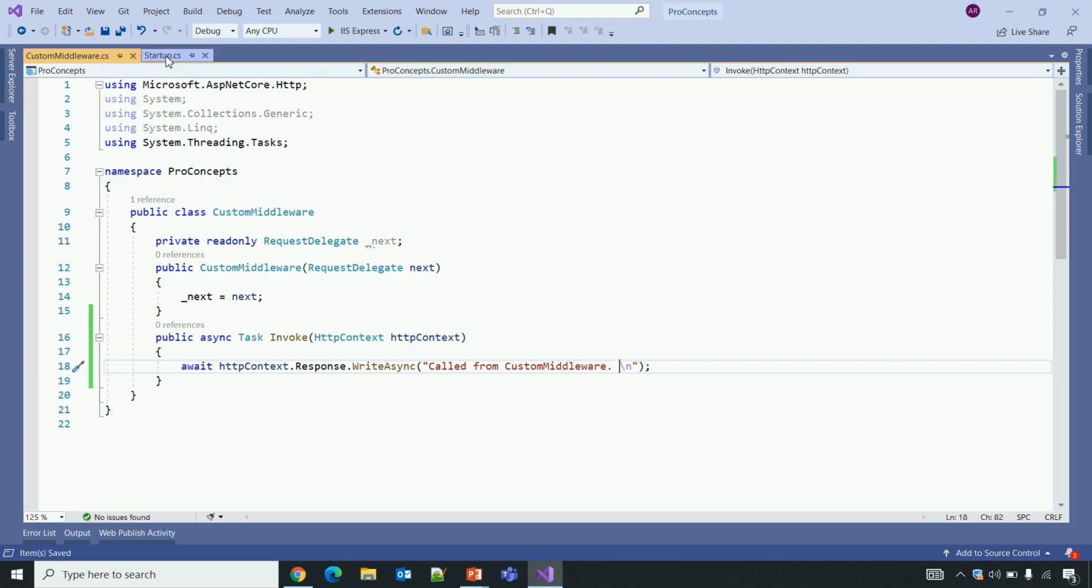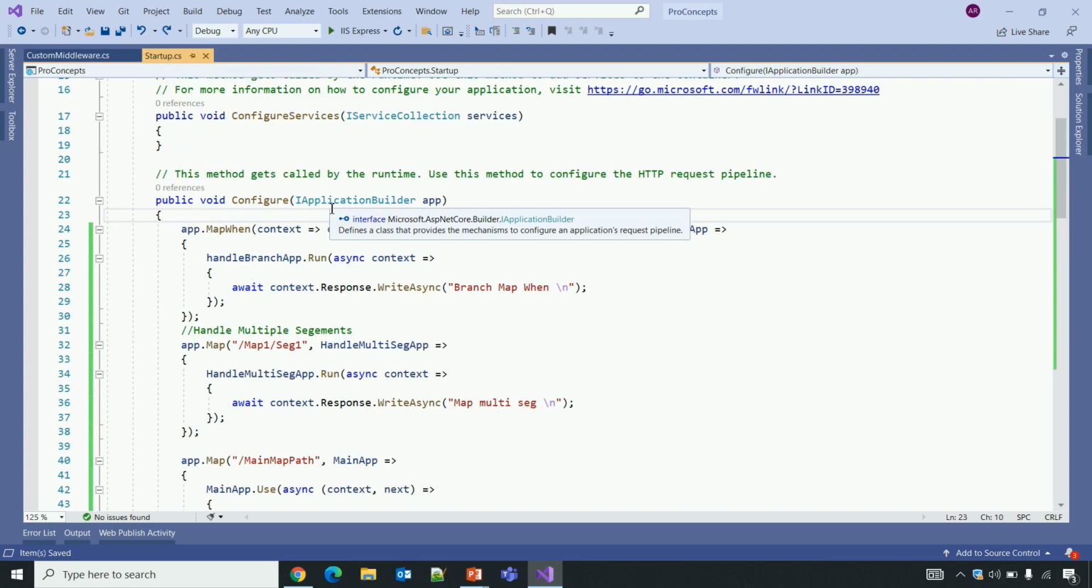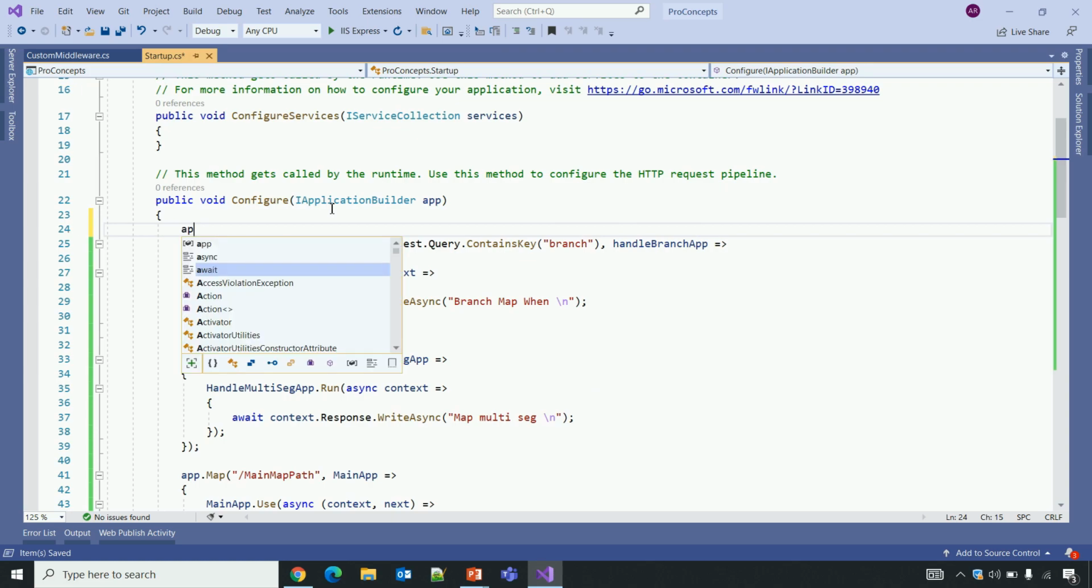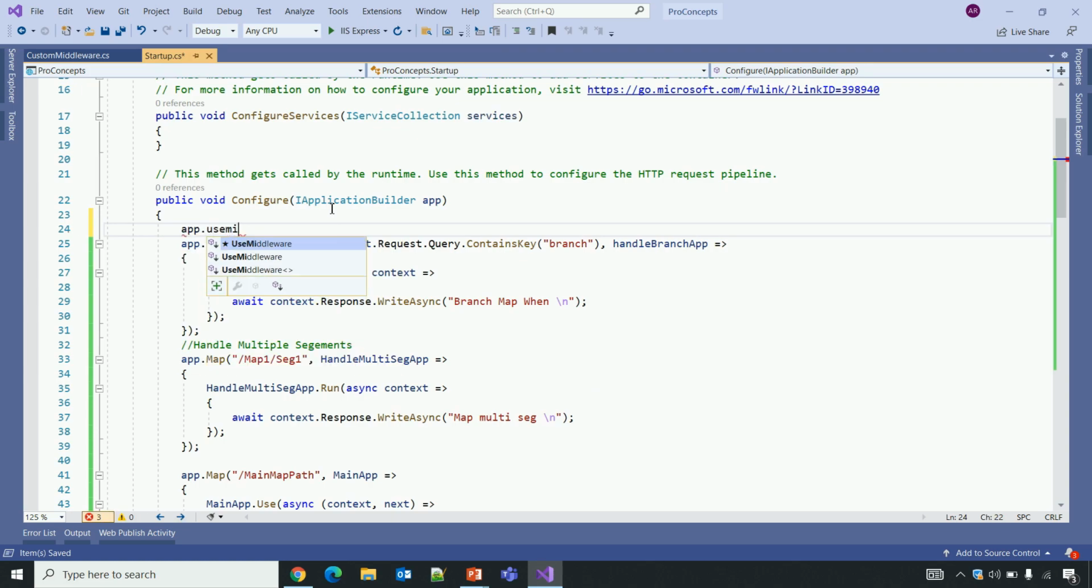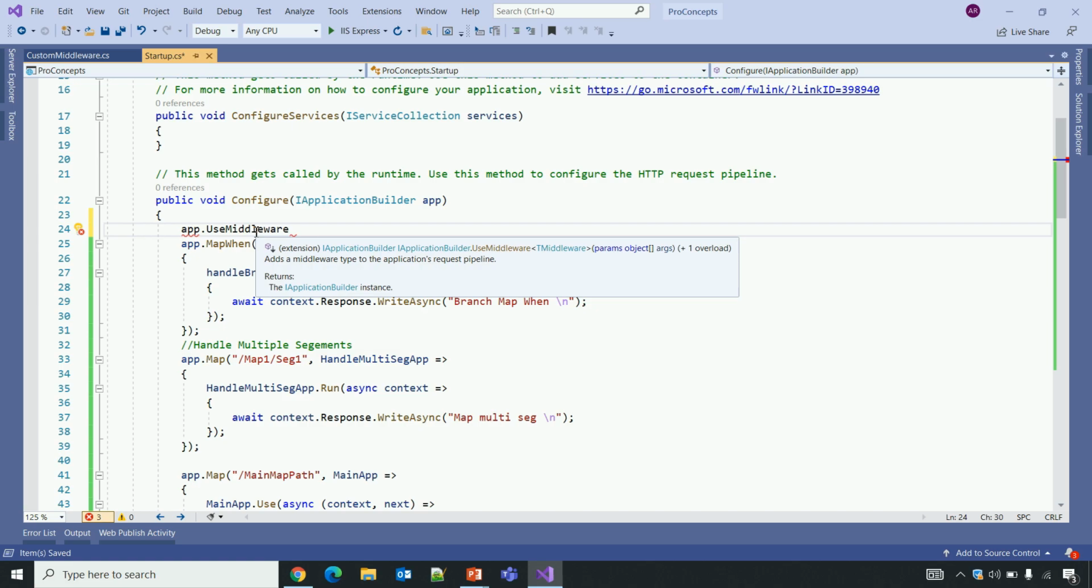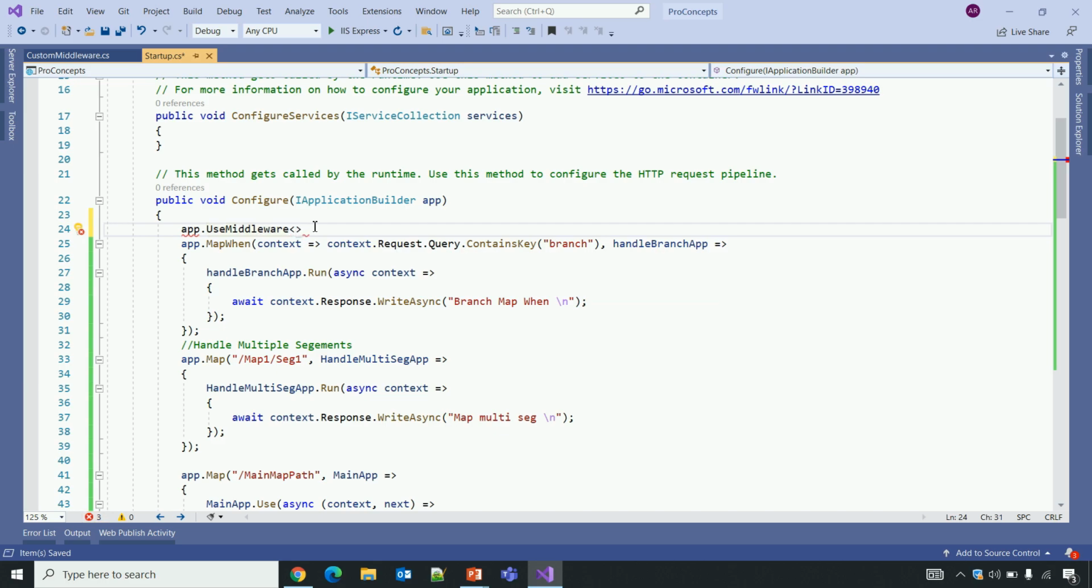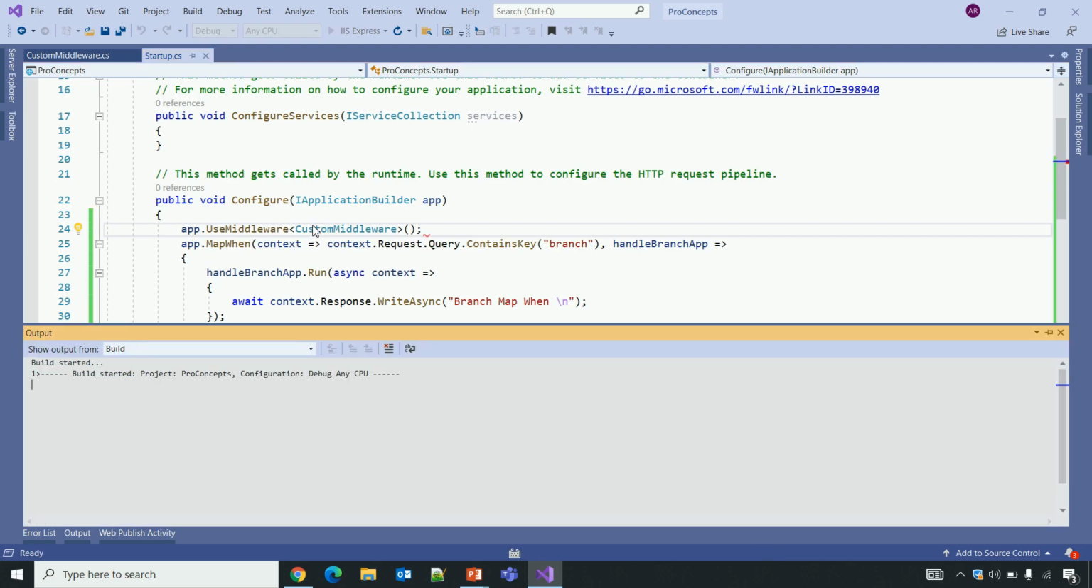the Startup.cs class and within the Configure method. So let's write app.UseMiddleware. Let's mouse over UseMiddleware, and you can see that this is also an extension method which accepts a type of a custom middleware, TMiddleware. So let's give its type, and the type will be CustomMiddleware, bracket open, bracket close, semicolon. So let's run this program,